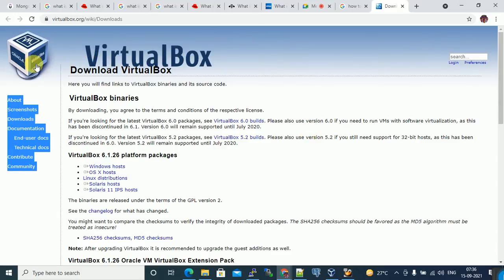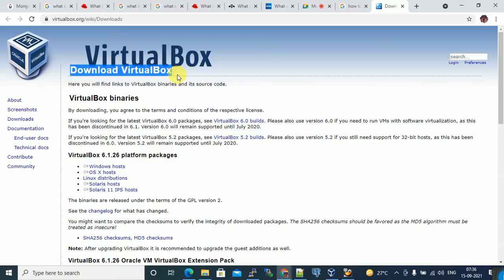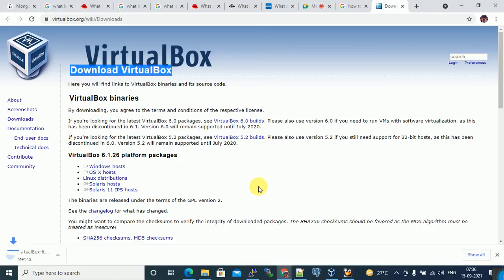This is the icon. Download VirtualBox, click on Windows, because I installed Windows 10 on my laptop. So choose the Windows host. It takes just two to three minutes to download. Total 103 MB only, it's small software.